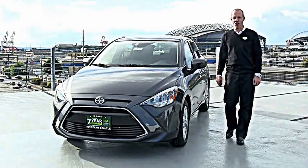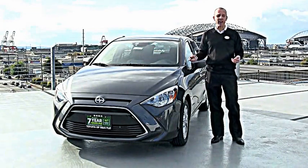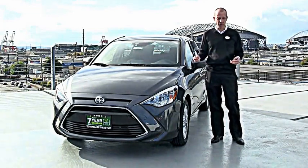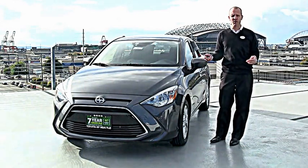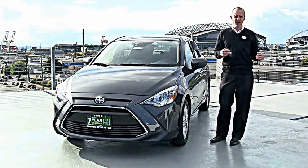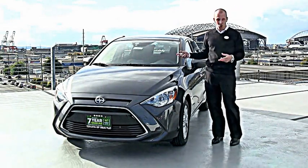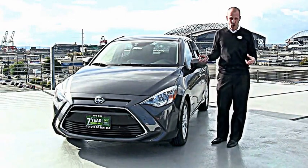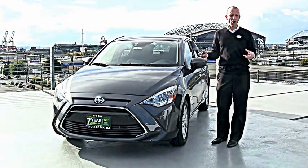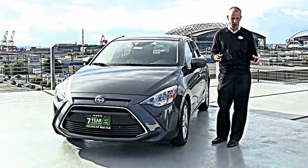Anyone who's taking a look at a car around $17,000 new is probably comparing it against pre-owned cars as well, and that's probably a pretty intelligent thing to do. Sometimes you can buy a lot more of a 2-year-old car that's still going to be a great car for you than what a new car alternative would be. However, in the $17,000 new car price point, you're starting to compare against maybe $9,000 and $10,000 pre-owned cars to